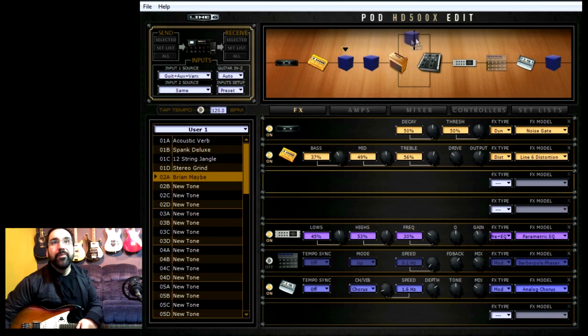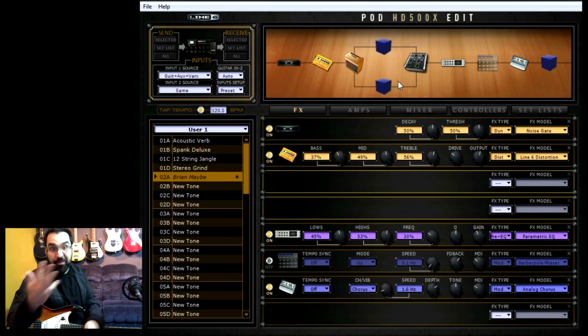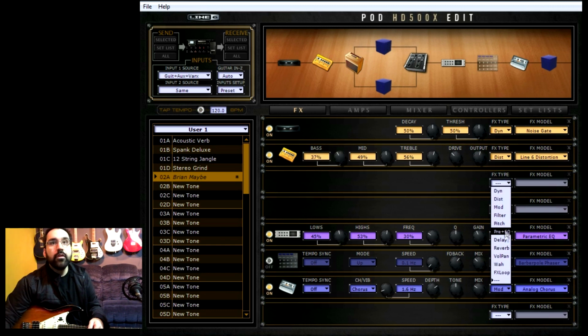I'm going to drag this block over here and this block over here. The reason I'm doing this is that the harmonizer can do one harmony at a time. So if we want a three-part harmony like you hear in a lot of Queen songs, we're going to need to do two of them. And we don't want them to be fed into each other because then it's going to harmonize the harmonized sound. It's going to get really messy sounding. So this way we have two separate signal paths coming out of the amp that are both going to be harmonized. Okay, so this one over here, I'm going to go to pitch,